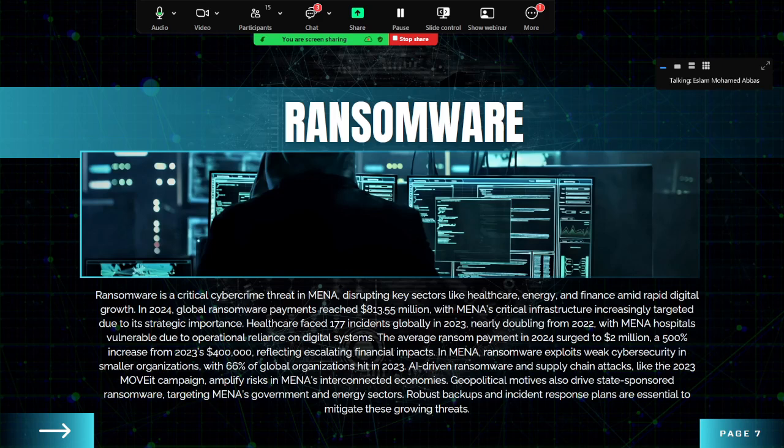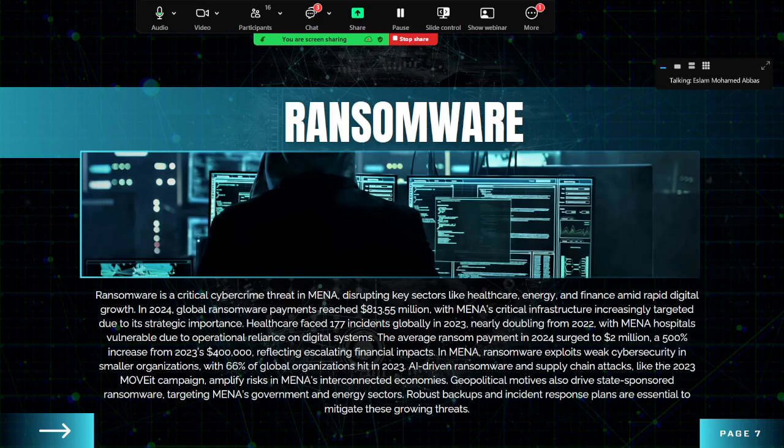Global ransomware payments reached around $900 million in 2024, and this is a great statistic which leads us to the importance of attacks like ransomware in the MENA region, where critical infrastructure is increasingly targeted due to its strategic importance. And from the most important statistics in ransomware attacks, healthcare faced 177 incidents globally